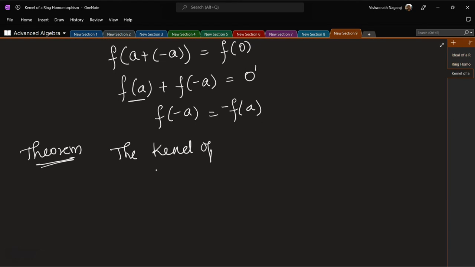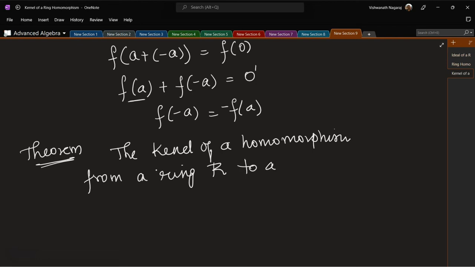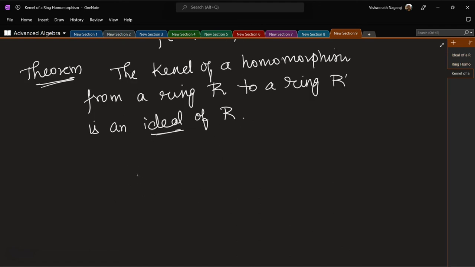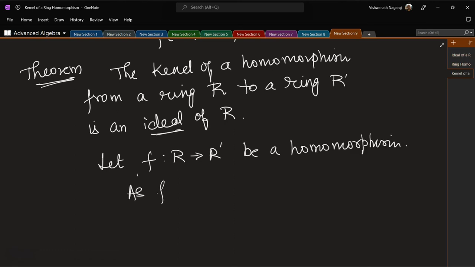The kernel of a ring homomorphism from a ring R to a ring R prime is an ideal of R. Okay, so we already have seen what ideal means. So let's proceed. Let f map R to R prime be a ring homomorphism. As f of 0 is equal to 0 prime,